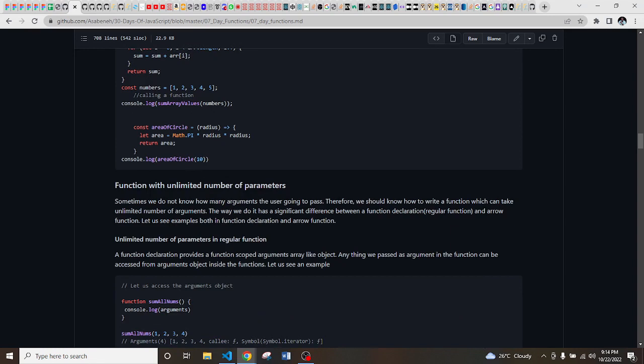So now, function with unlimited number of parameters. There are times like this where you don't know how many arguments the user is going to pass. You know that you need this function, but you are not really sure what exactly is going to go into the function, because sometimes when you call functions,